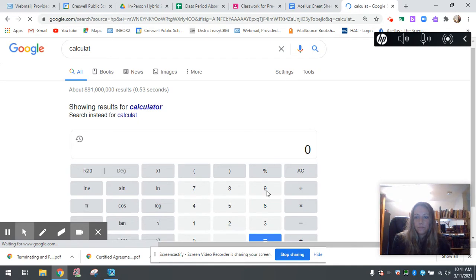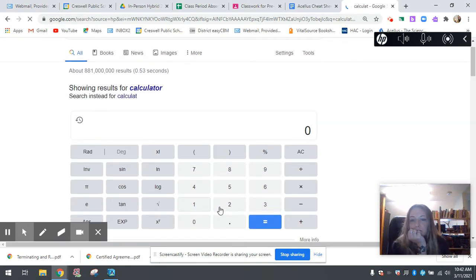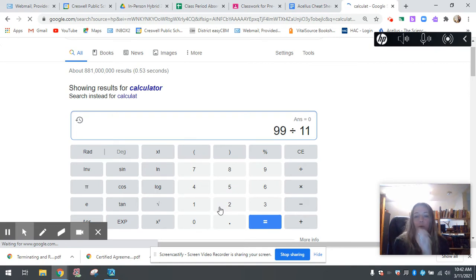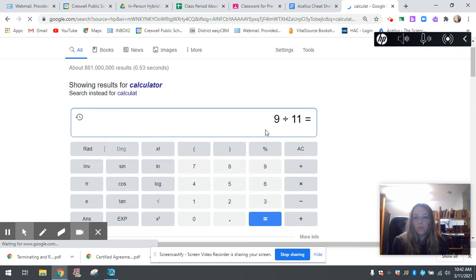Nine. It's not ready for it yet. 9 divided by 11. Whoops. Okay, at least it's loaded. 9 divided by 11 equals, we get